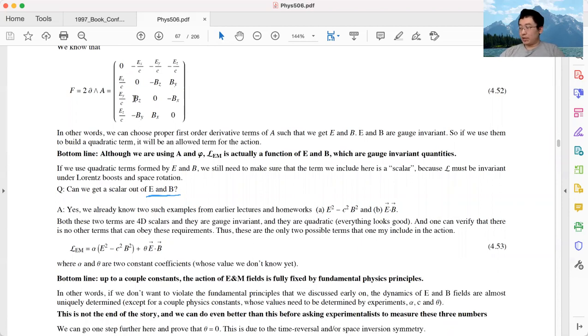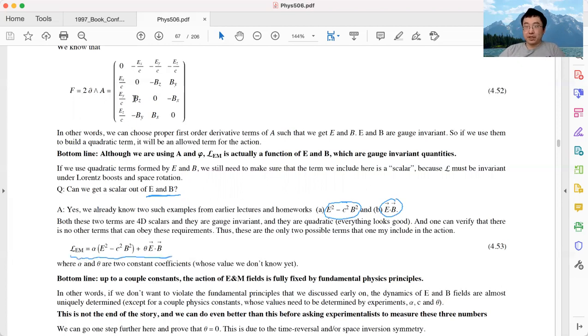Okay. One is E squared minus B squared. Another one is E dot B. That's only two objects we can build, which is a scalar, and stay invariant under Lorentz boost. We showed this in our lectures, and also you showed this in your homework problem. Okay, so these are the only two scalars we can build, which means our Lagrangian density can only